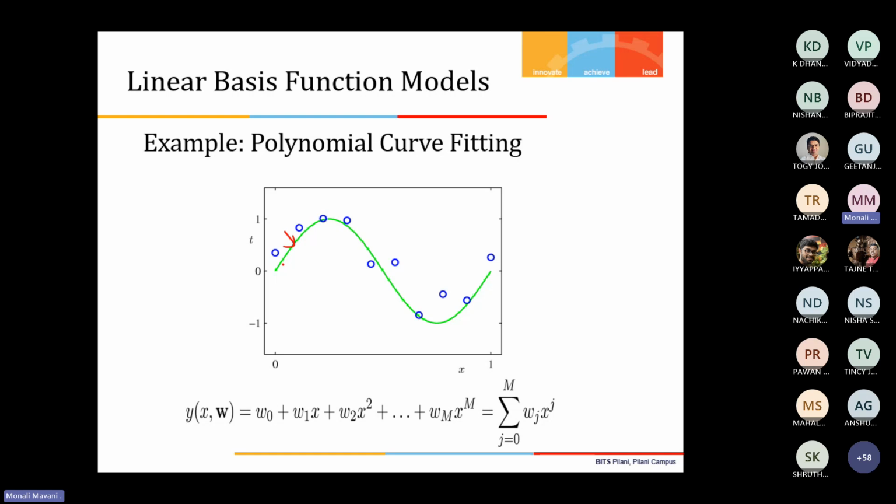And I want to say we cannot pass a single line through these blue data points. You can clearly see this kind of data set where we cannot pass a line or a hyperplane through most of the points. What happens if we try to pass a line? Can you pass a single line through any of these points? If we try to fit a line to these points, the error would be very high. There are many points which deviate far from the line. Such a kind of data set, we call it